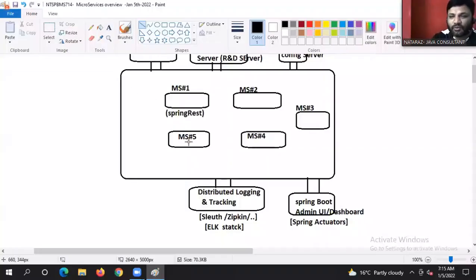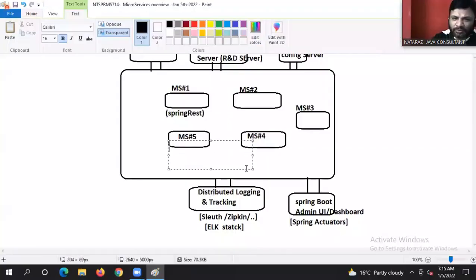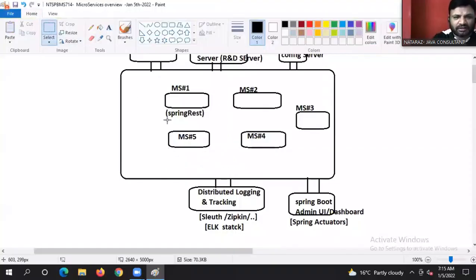We need to make one microservice picking up the right instance. Are you understanding my statement? As needed, so we need to take one microservice as what? Load balancer. Generally all these are Spring REST applications. We know that, but I need not highlight it there.